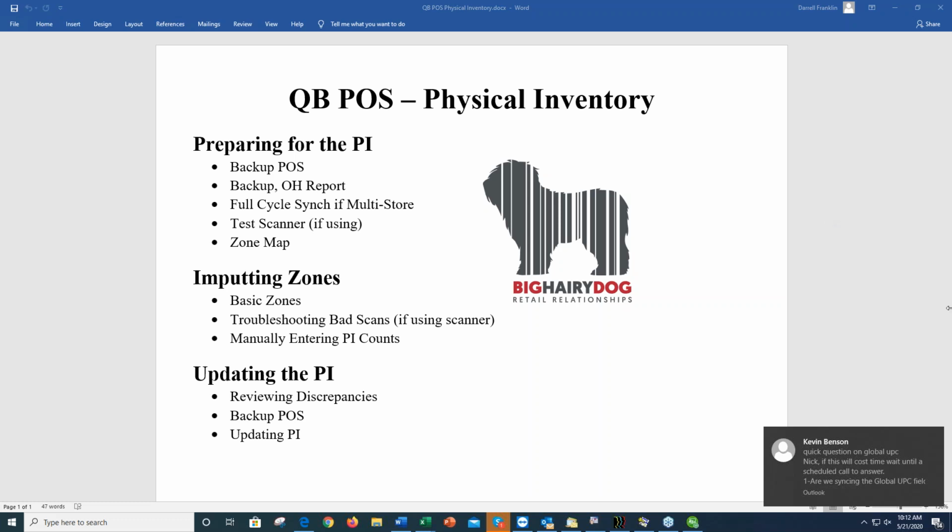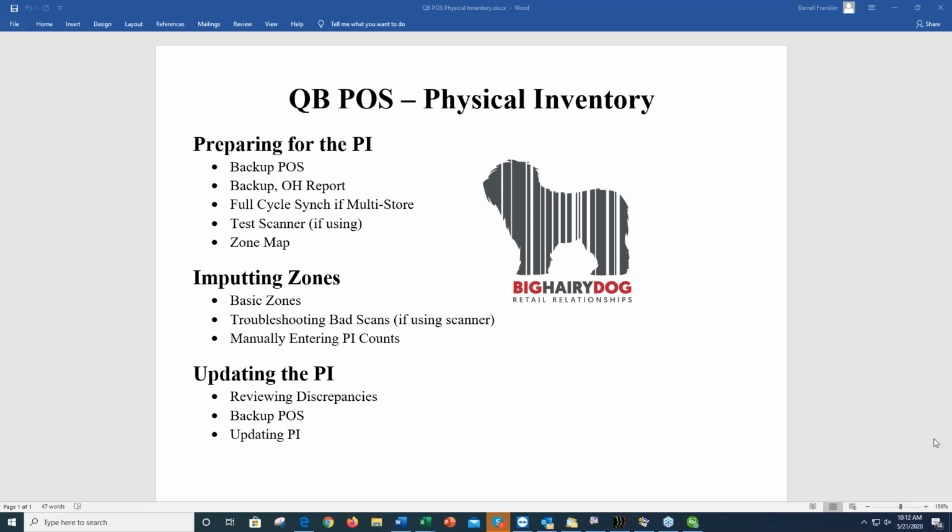The remote store will then process that in and send back to headquarters. Headquarters will process that in, send back to the remote store. Remote store will process that in, send back to headquarters. And you're going to do that a full back and forth 3 times. The purpose of that is to make sure that your inventory is completely in sync